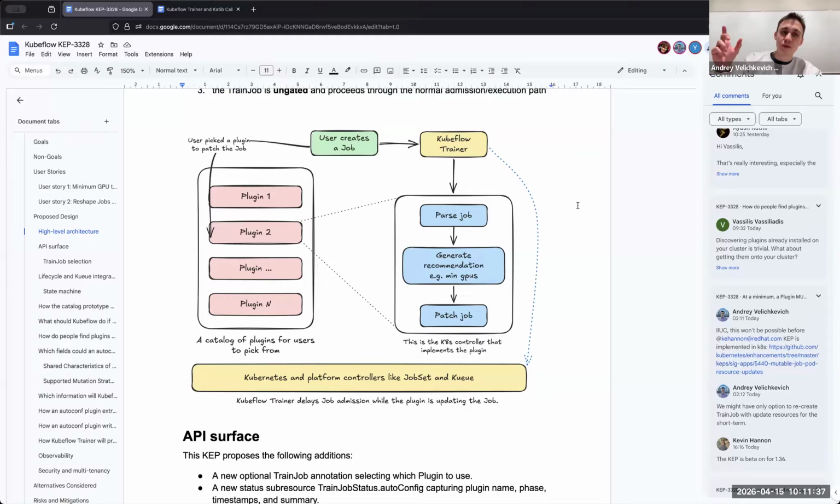Also one of the ideas, because this should be done before the job is submitted by Q. I know we didn't get a chance to talk about the diagram that Vasily has around Q, but you could think about the job being submitted without any resources, and then this algorithm is deciding how many GPUs it requires to be scheduled, right?